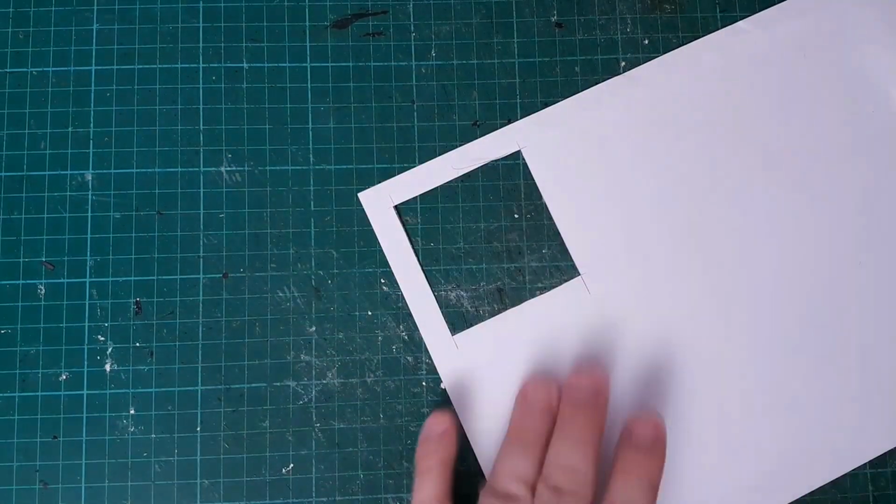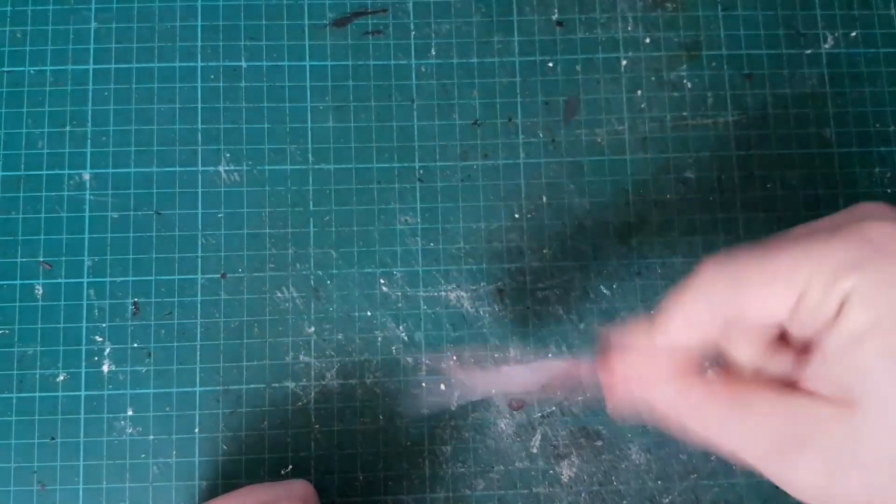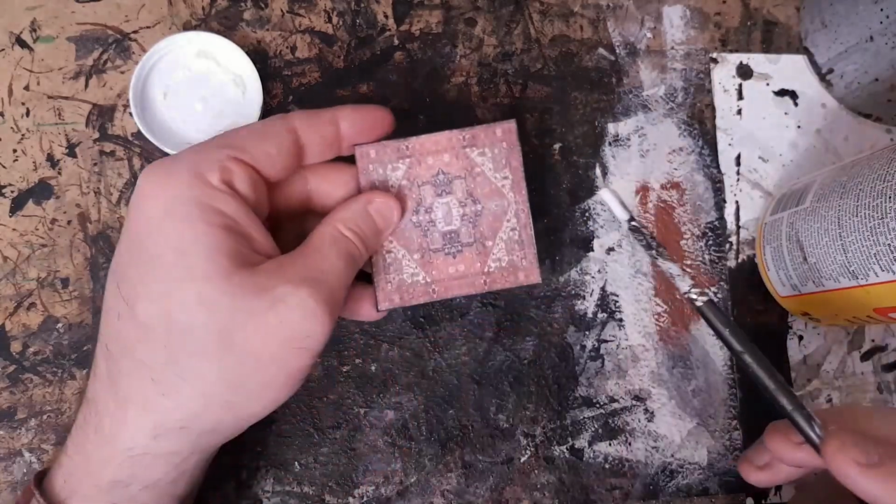Like so. What I want to do now is just stick this on some chipboard just to protect it a bit. Just going to move over to the painting station. I have some Matte Mod Podge here. And what I want to do is just try and protect it a bit,